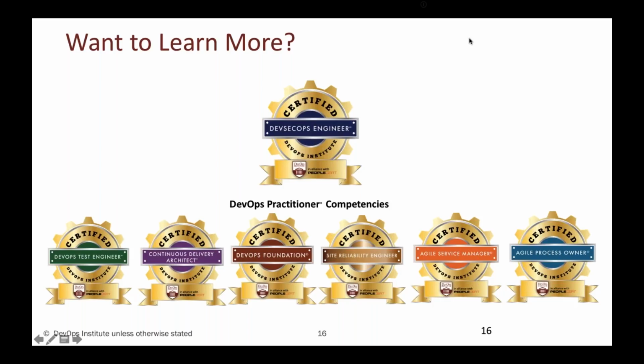When we start to look at the recipe of DOI's learning competencies, everything we've done is really meant to be not only the most hireable skills, certainly that's a piece of it, but also the most critical skills that organizations need in order to achieve the kind of transformation they're looking for. DevSecOps really fits into that recipe. But if you also look at the rest of the scheme,